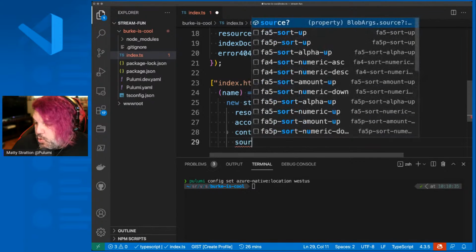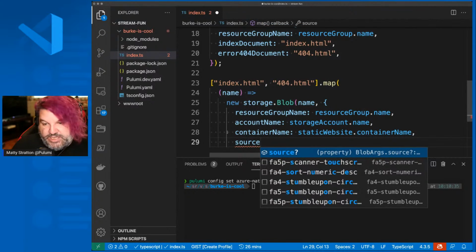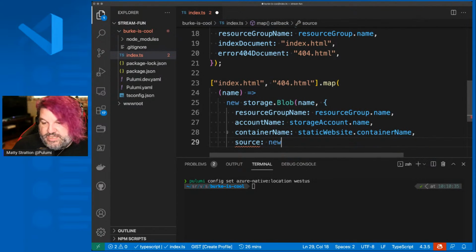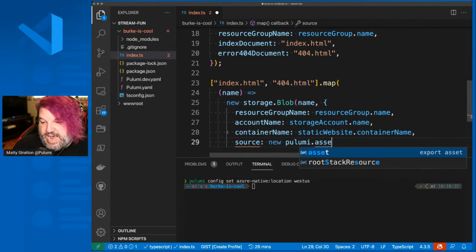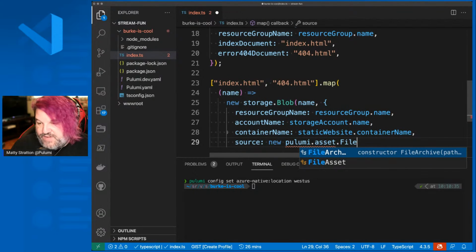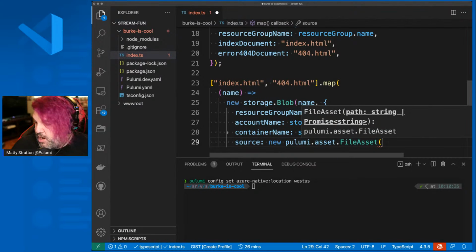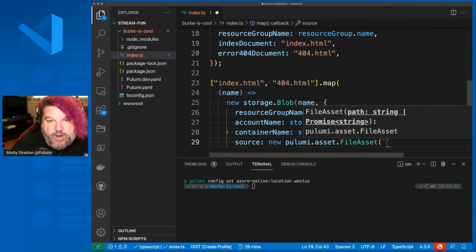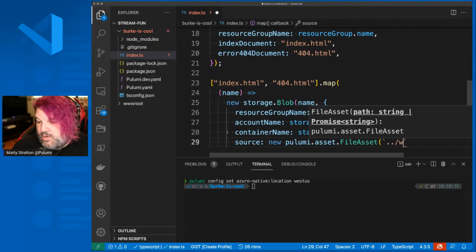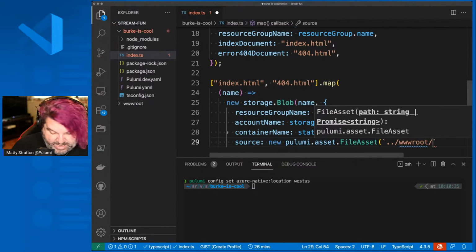And the source now is going to be, for each of these things that we're stepping through, a new Pulumi.asset, a file asset, where we're using our interpolation. We know it's one level up because we're in the project directory, but we have them stored in that www root.